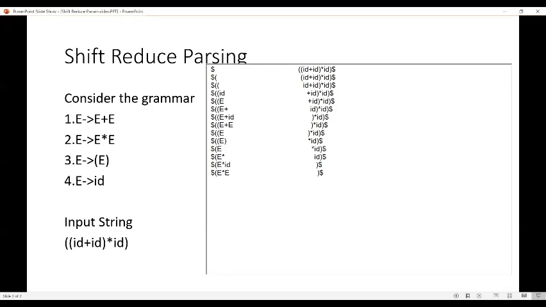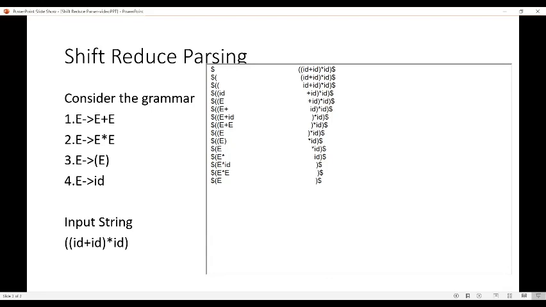Now again using grammar number 2, we can go for reduce operation. That is, E asterisk E is reduced to the start symbol E. So the stack content would be open parenthesis capital E. There is no change in the buffer, so it remains the same: closing parenthesis dollar.